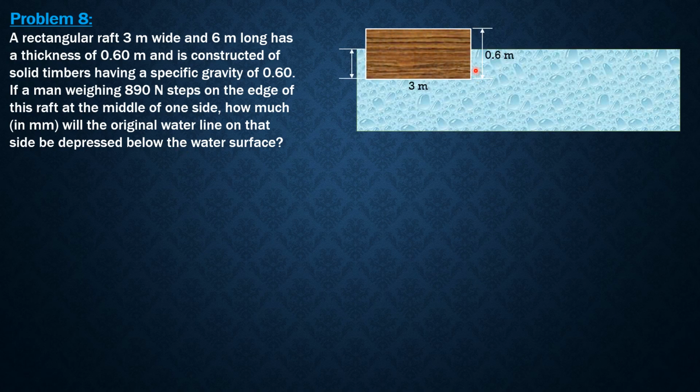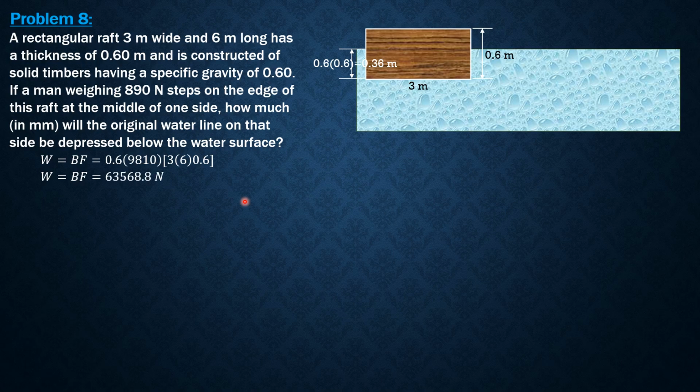So this is the given figure. The draft without the man is 0.6 of 0.6, because the specific gravity is 0.6, so 0.36 meter. So the weight of the raft alone is the specific gravity of the raft times the specific weight of water in newtons per cubic meter times the volume of the raft, 3 times 6 times 0.6. So it is equal to